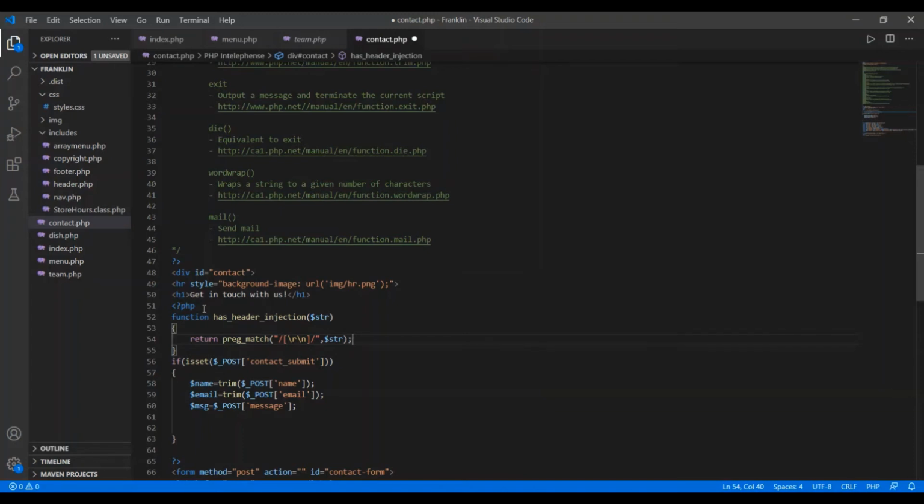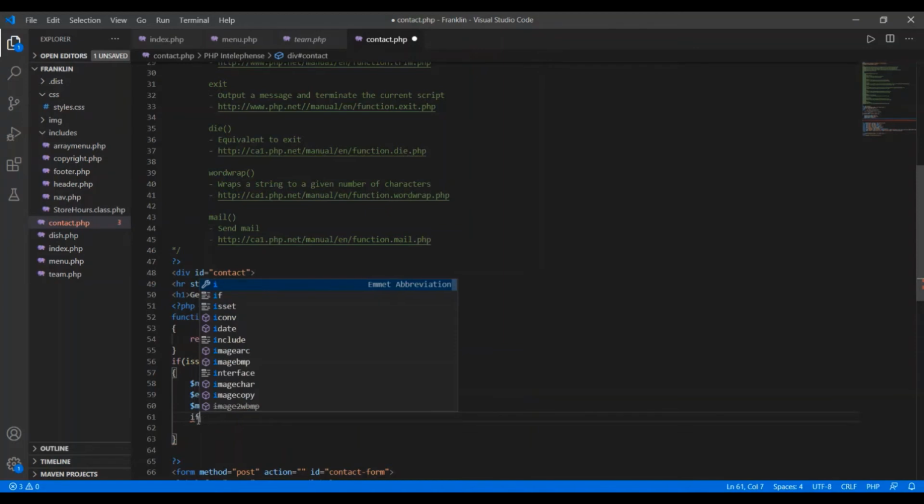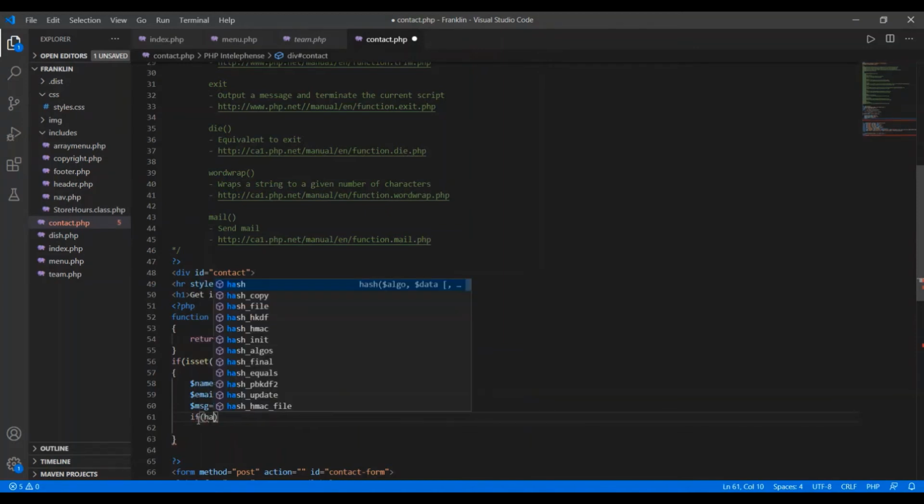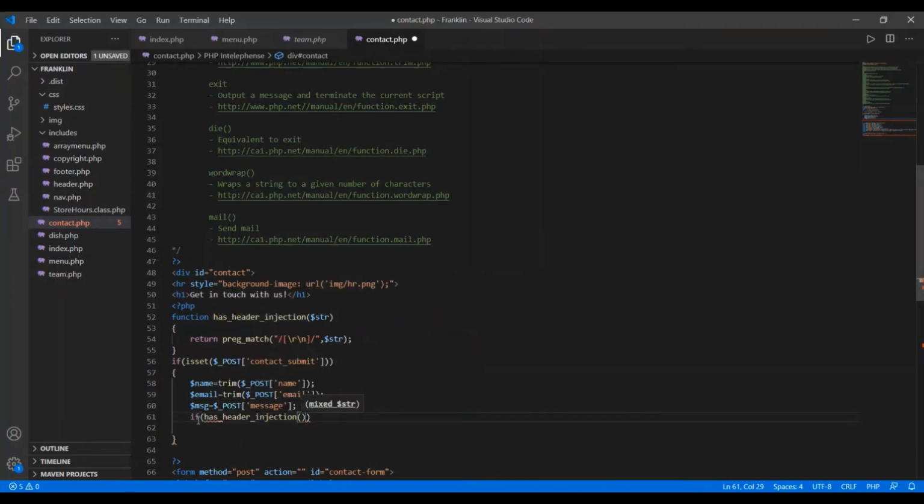If somebody tries to hack your name or email, then you want to stop your script from working. So for that I'm writing here some other code, like say, here I write within this if, has_header_injection.